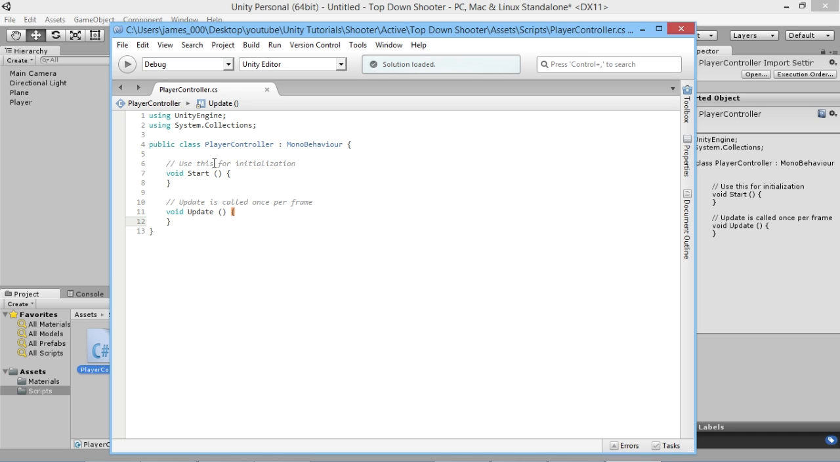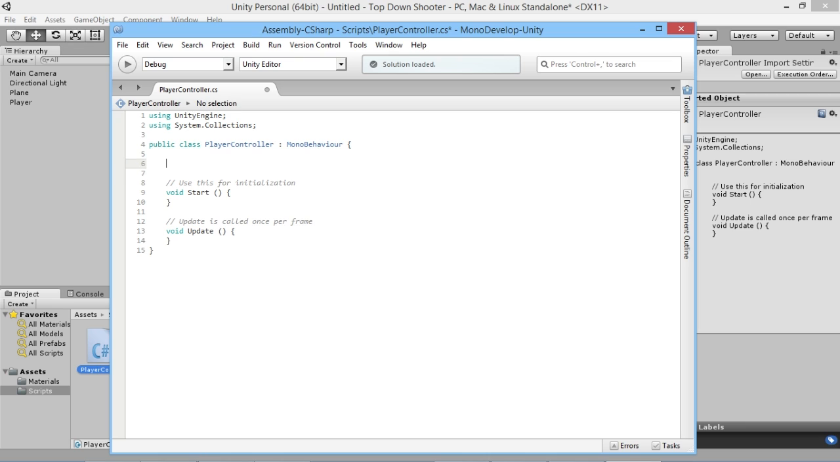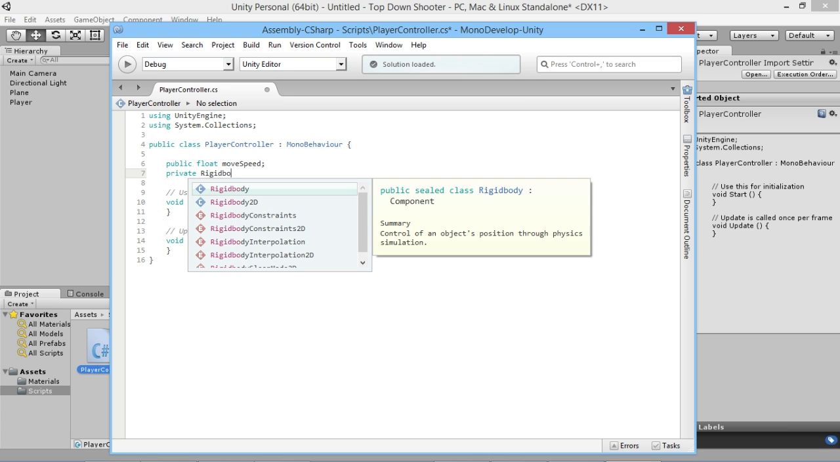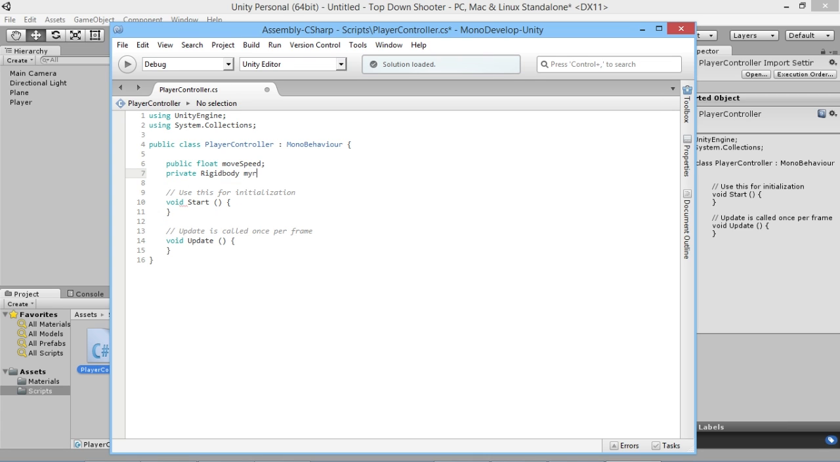But to start off with, we obviously need to move our player around, so we need to set how fast we want our player to move around. So first thing we're going to do is create a public float called moveSpeed. So that'll determine how fast our player can move around. And then obviously, as we've attached a rigidbody to the player, we know that we need to be able to interact with that to apply forces so the player can move around. So we need to say private Rigidbody, and we'll call it myRigidbody, just to keep it nice